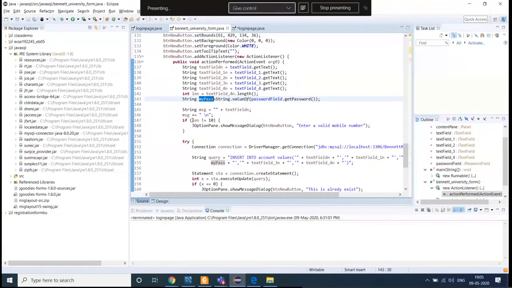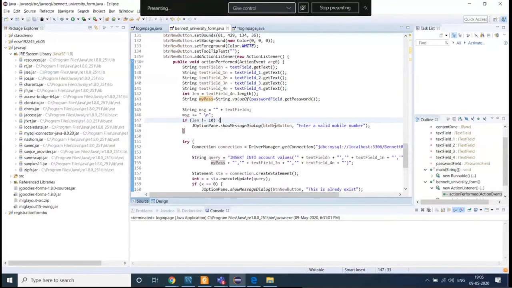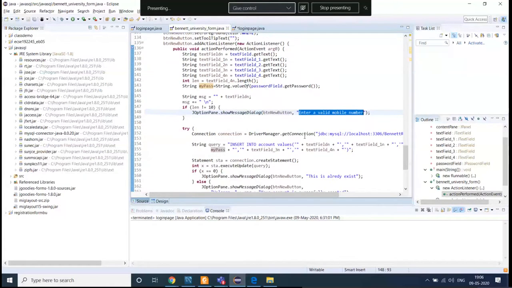After that, if your mobile number length is not at all 10, if it is exceeding, not less than as well as greater than 10, then in that scenario it is going to show you one dialog box which is telling you, okay, enter a valid number. While I'm not performing other operations also, I can perform them. It depends upon my application.